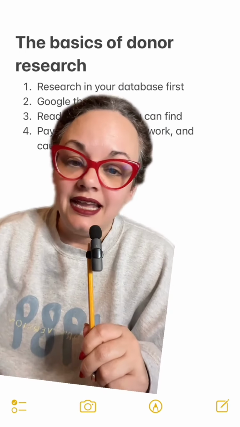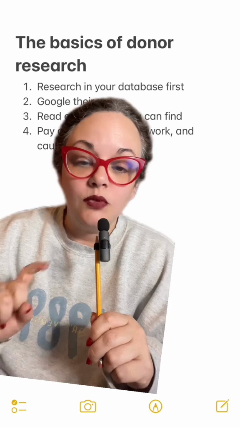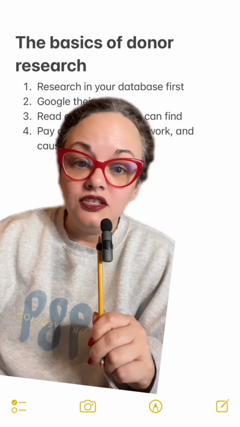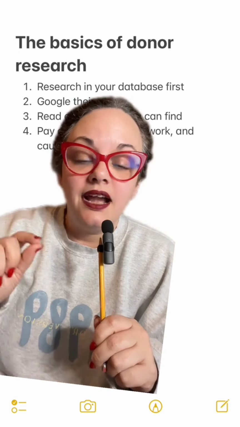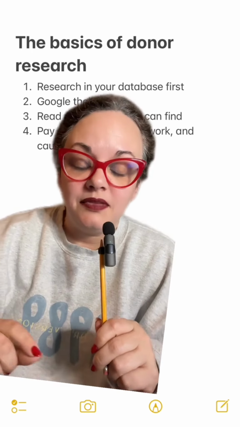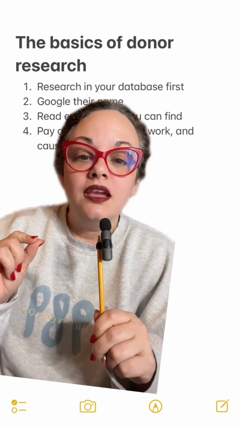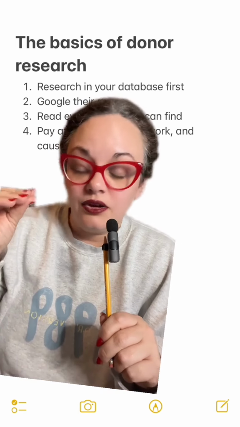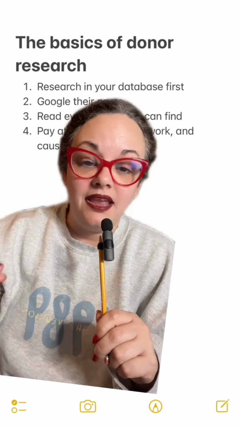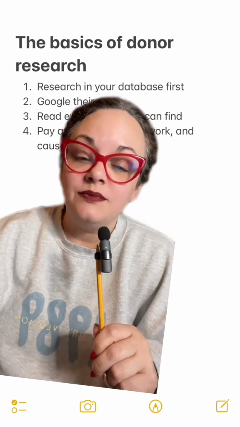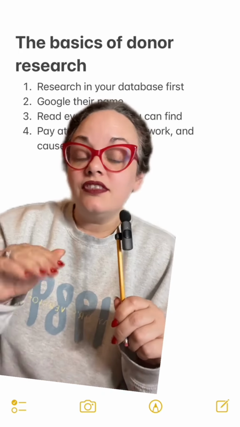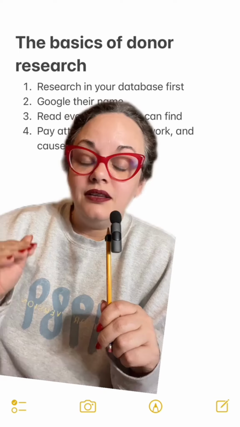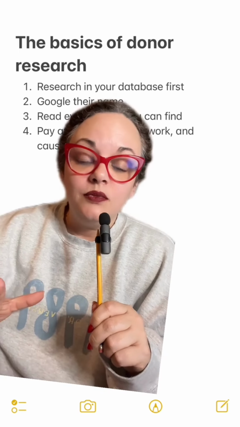You need to read any notes that are in the system on the gifts and on the constituent record. You need to read about their spouse, about any family members, and anyone that they have known connections to. You need to be looking at everything that are earlier actions made on this record, describing previous meetings with this prospect. If there's not a lot there, then now you know that you're working with a little bit of a clean